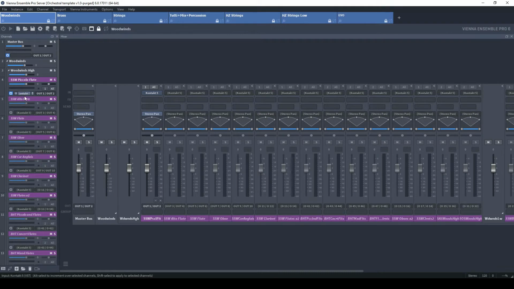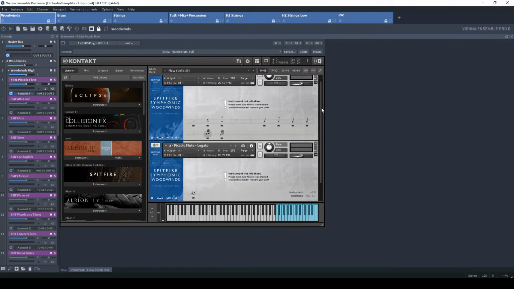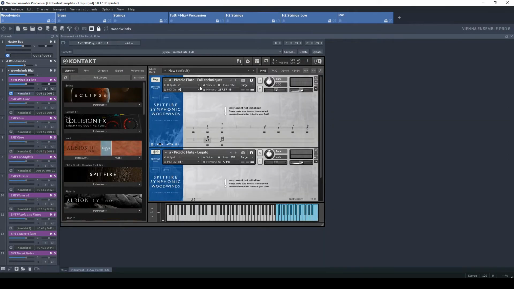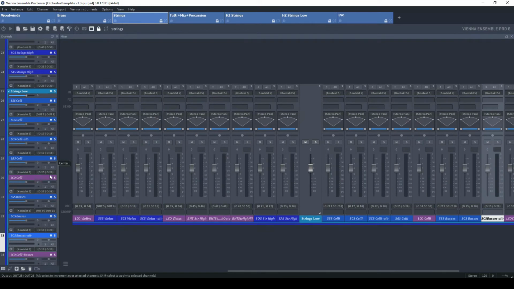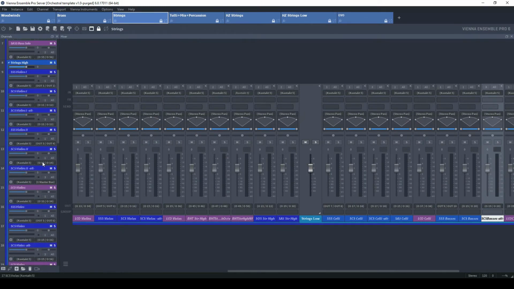So look, for example, here for the piccolo flute. As you can see, what I've done is that I loaded all the instruments for piccolo flute, in this case the full techniques and the legato techniques. They are all with the same MIDI channel. So I think to give you a fair example here, let's go to the chamber strings,